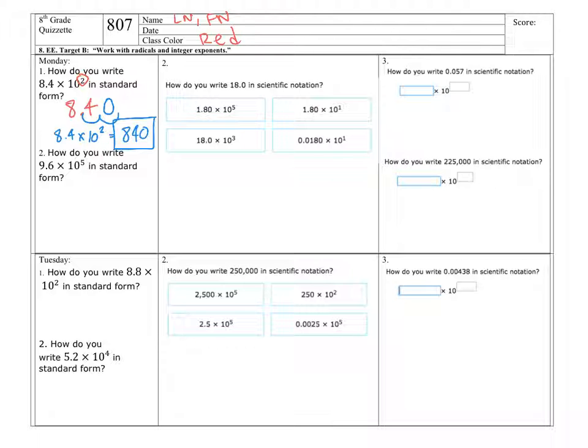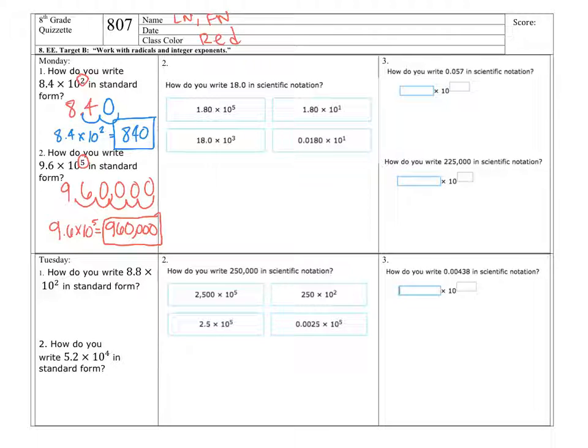It says, how do you write 9.6 times 10 to the 5th in standard form? So I get 9.6, and I move 5 place values in the positive direction. So 1, 2, 3, 4, 5. So now I'm going to put zeros. And after every 3 digits, you put a comma. And this is 960,000. 9.6 times 10 to the 5th equals